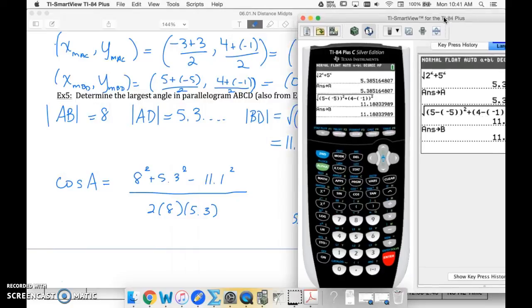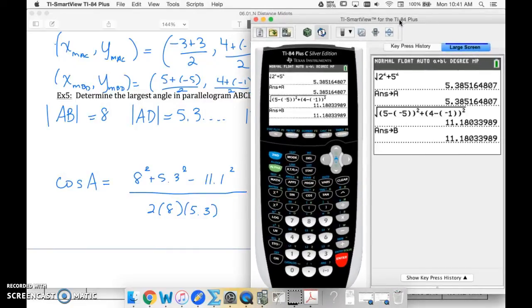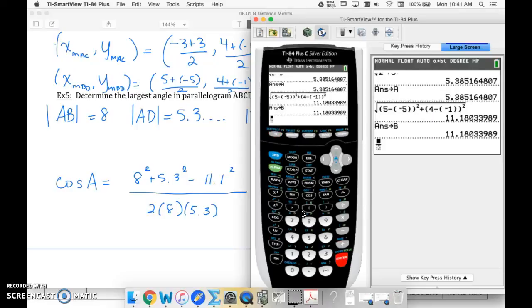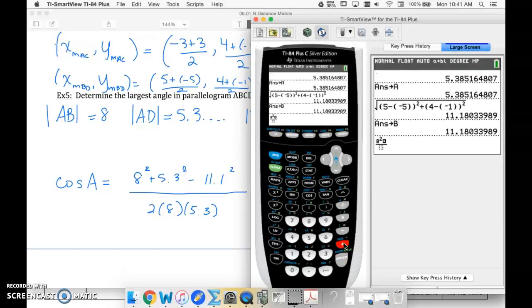This one was my letter A, this was my letter B. So I can make a fraction. 8 squared plus A squared minus B squared, divide by 2 times 8 times A,